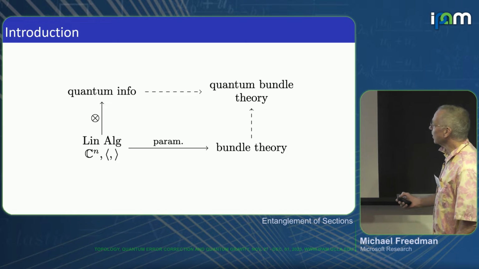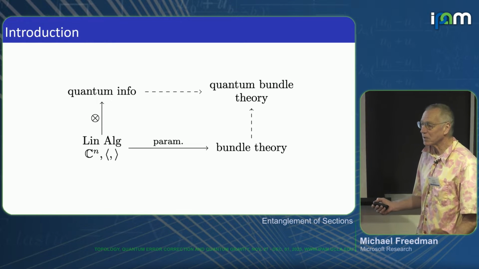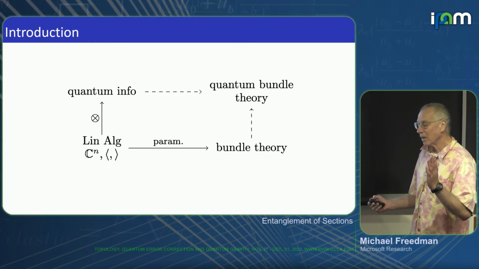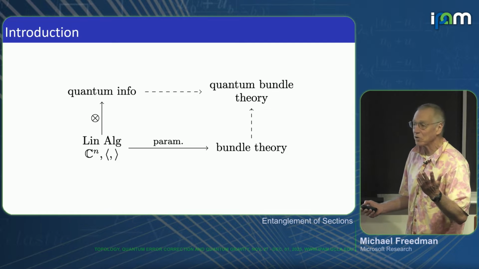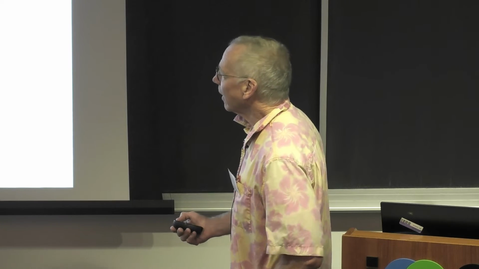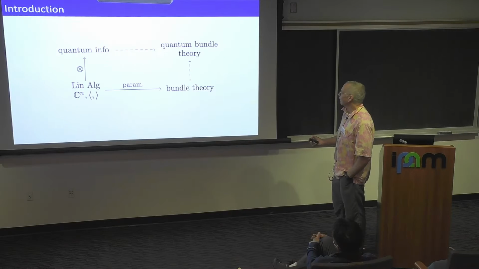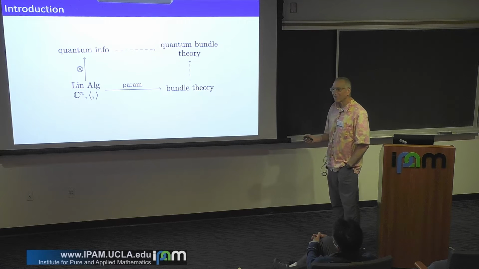One is topology. If you add parameters to linear algebra, you get the theory of bundles. Because what is a bundle but a vector space parameterized over a base, often a manifold? And what is a bundle map? It's just a linear map between vector spaces, also with a parameter x, x being a point in the manifold. So here we have all the famous developments from the 1960s and on, K-theory, characteristic classes.